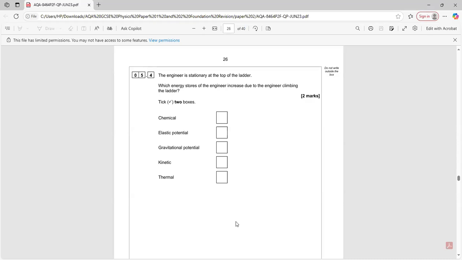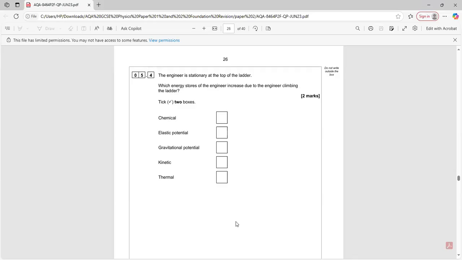I can't even think of it as chemical. Chemical is the kind of energy that is stored in a battery because of the electrolysis and all that. That's chemical energy. Elastic potential doesn't have anything to do with this. Kinetic energy is energy as a result of what? Movement. They didn't say while the guy was climbing the ladder. They said while the guy is